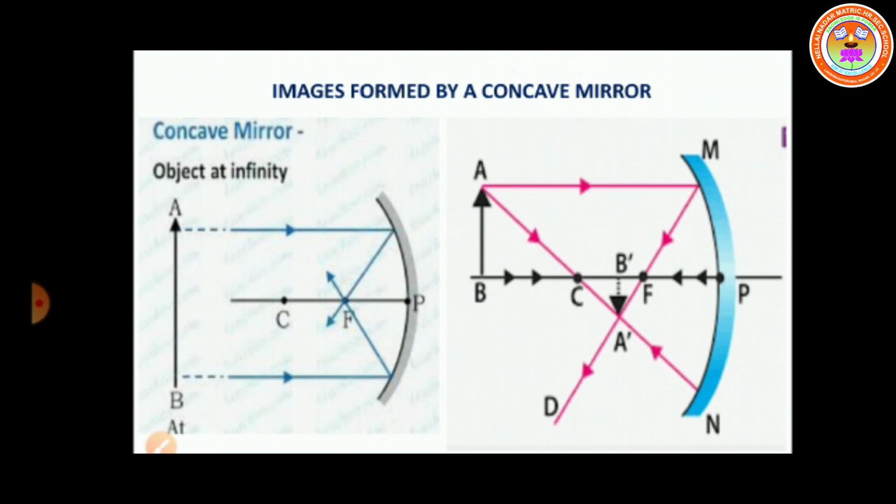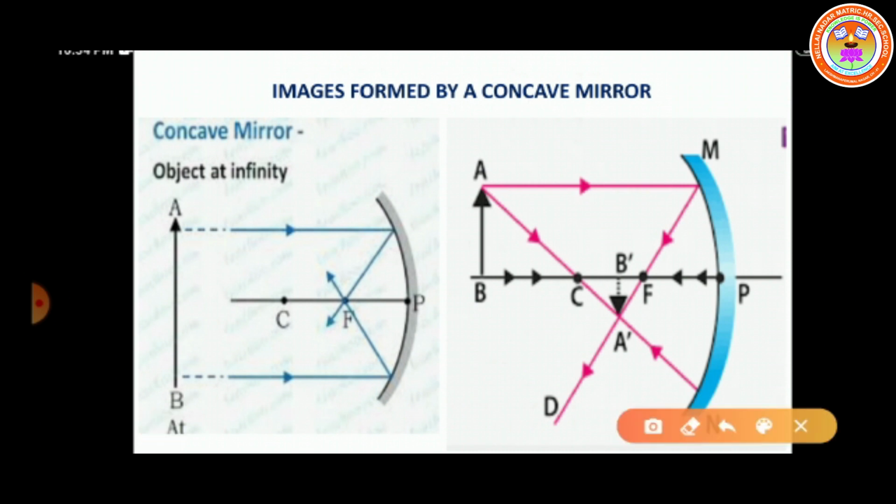Today we are going to discuss images formed by spherical mirrors. In the last class we already discussed the important terms related to spherical mirrors. What are the important related terms? One is focal length, second is the principal focus, principal axis, radius of curvature, center of curvature, and pole. Okay, now let us move on to how images will be formed by a concave mirror as well as the convex mirror. The first one, the images formed by a concave mirror.